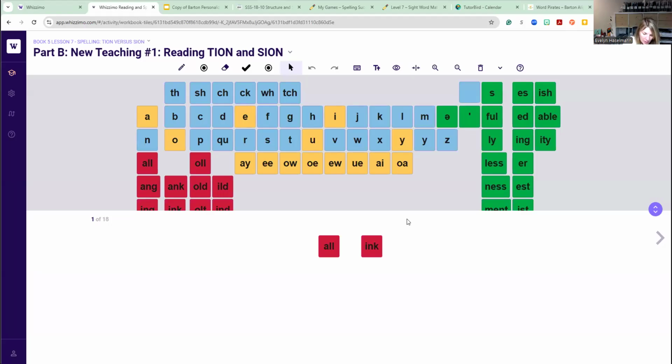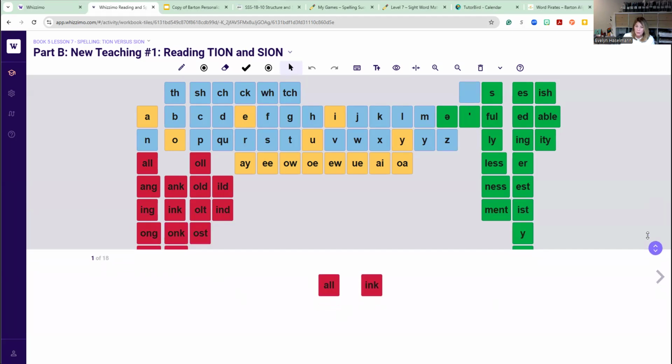All right, we've got Barton Level 5, lesson number 7. This one's a doozy as far as spelling goes. Reading, a little bit easier. Spelling, very tricky. Okay, so we're going to start off by reminding students that we have these red tiles over